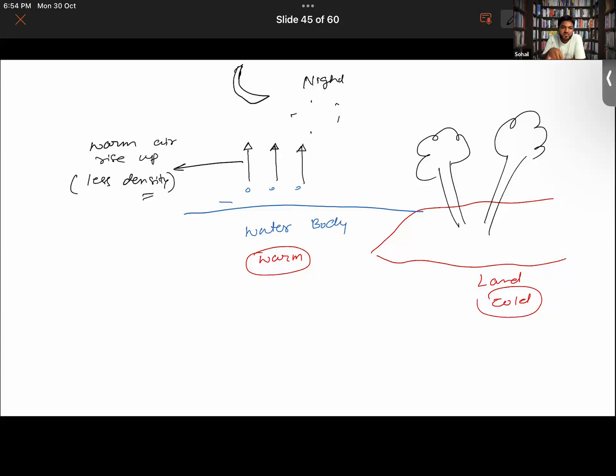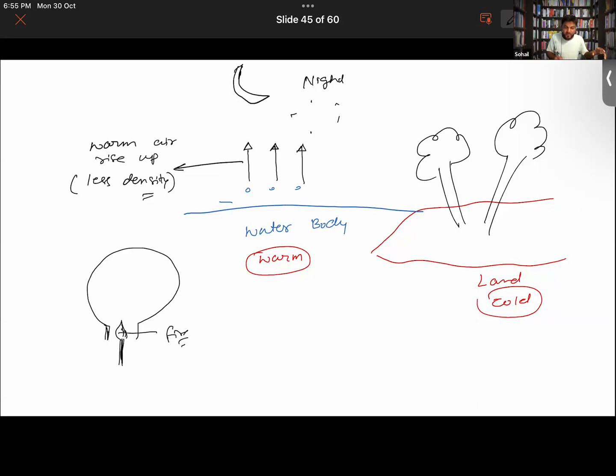In the same manner, the warm air here is lighter, right? Asha, you guys tell me, like the hot air balloon, how does it go up in the air? In order to inflate the hot air balloon, by fire heat. Exactly, exactly. So like this is a hot air balloon. We basically fire it.